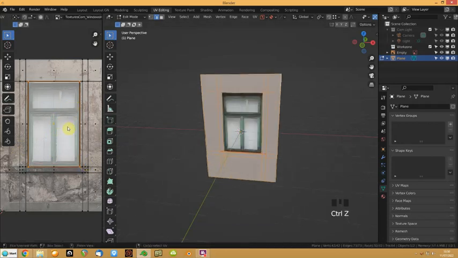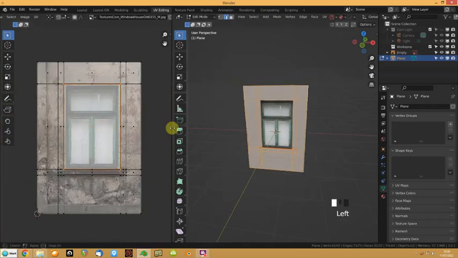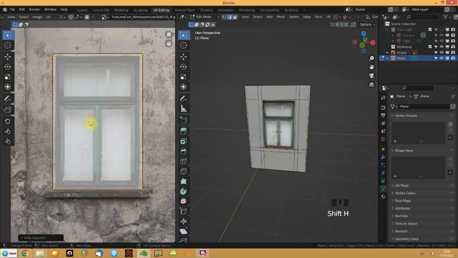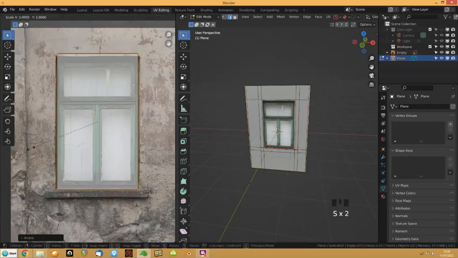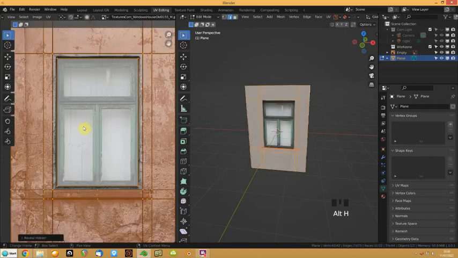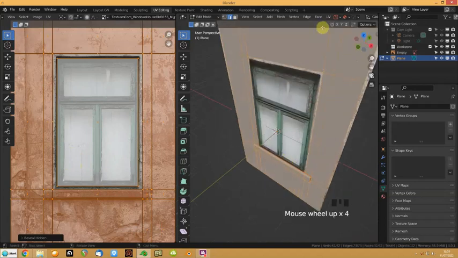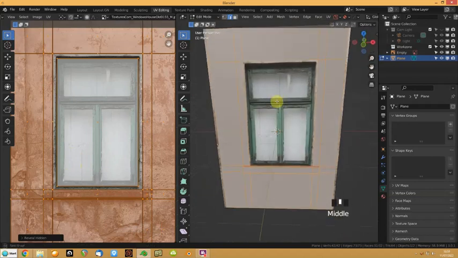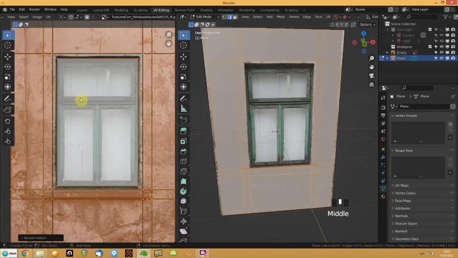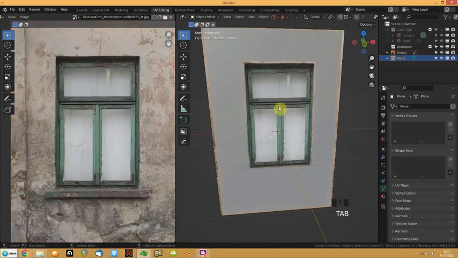Oh, hang on, got that wrong. I need to be in face mode. Hide everything else. Scale X, scale Y. Move it down a bit as well. There we go, that's better. I'm not bothered about the stretching on that because it really won't make too much of a difference. And then what I can do,